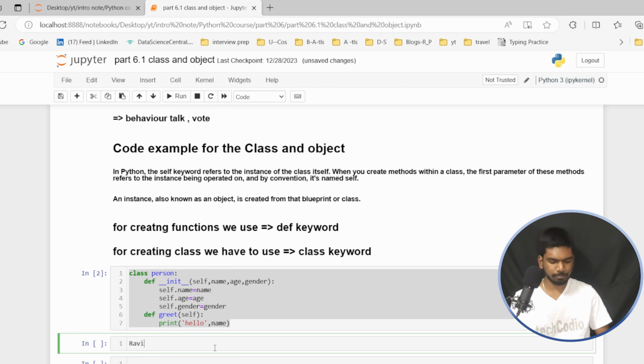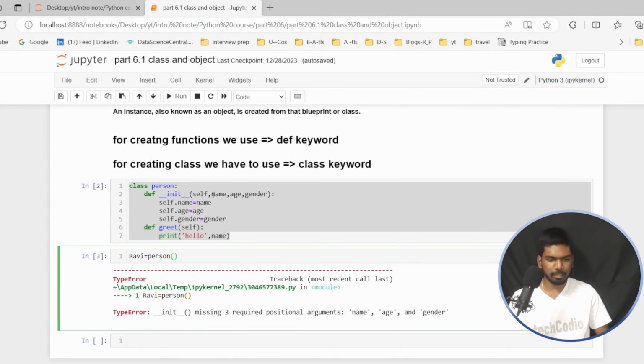Ravi equal to, give the name of person, class. So guys, you can see we have to pass this name, age and gender. For the Ravi class, I want to pass the name. The name is Ravi only. Age is 20 and the gender is